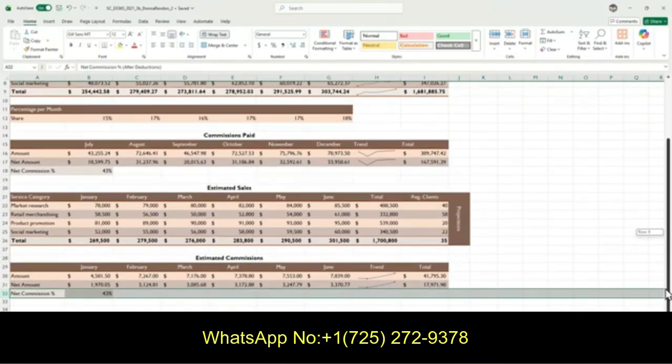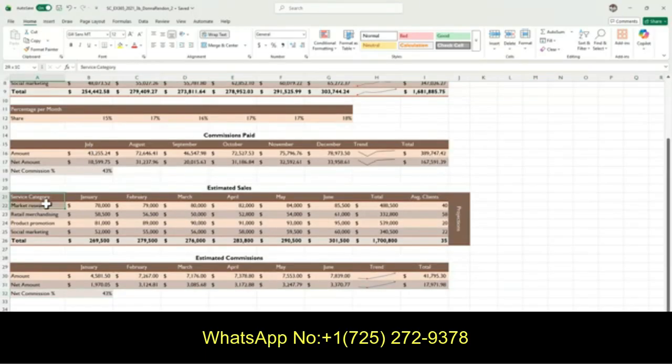We're going to create a clustered column chart. We first select A21 to B25 here. Then press your Control key on your keyboard and highlight G21 to G25, which is the June column.